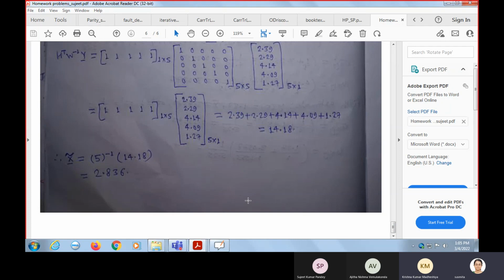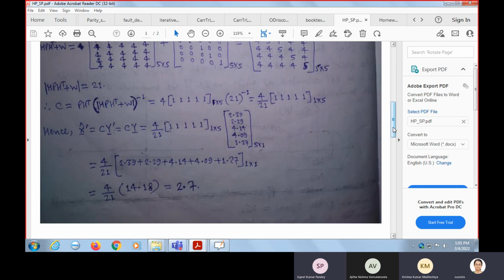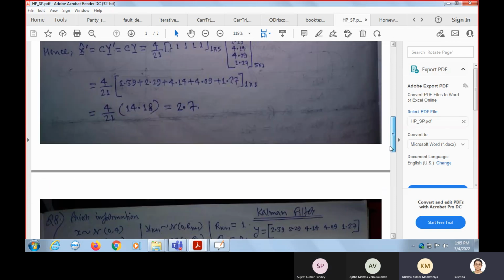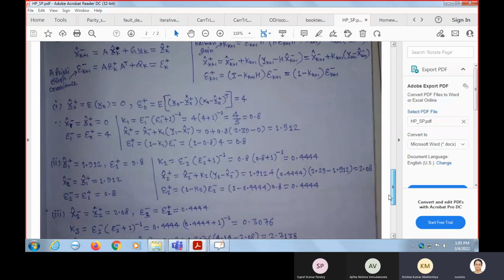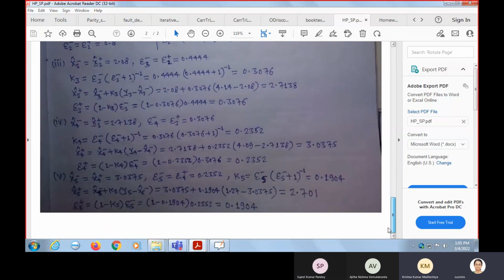You should conclude about the estimator's performance because you have been asked to compare the estimators, right? You did not do that. Simply do not leave this at this point. You also need to conclude what you have obtained, which estimator is better. So how will you find which estimator is better? You do not know the truth. So the best way to find which estimator is better is to find the error covariance. Whichever has the least error covariance, since you have no other information available, can be taken as